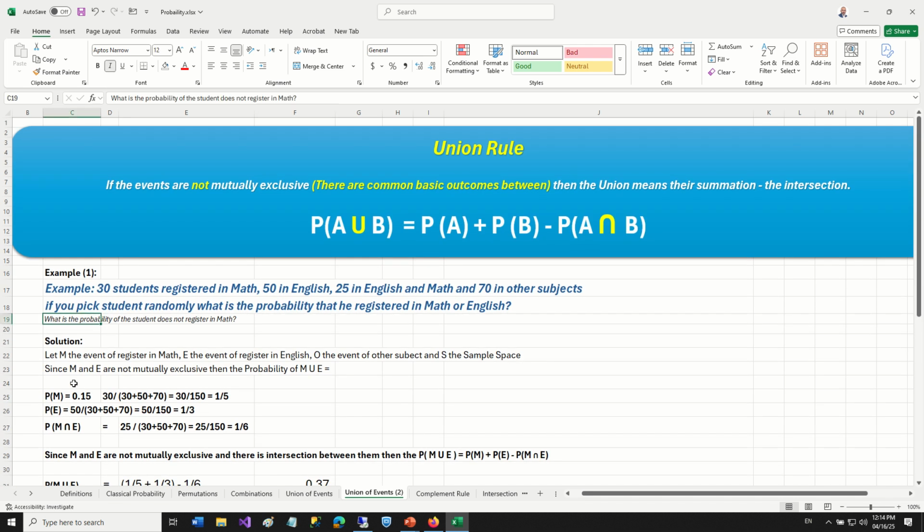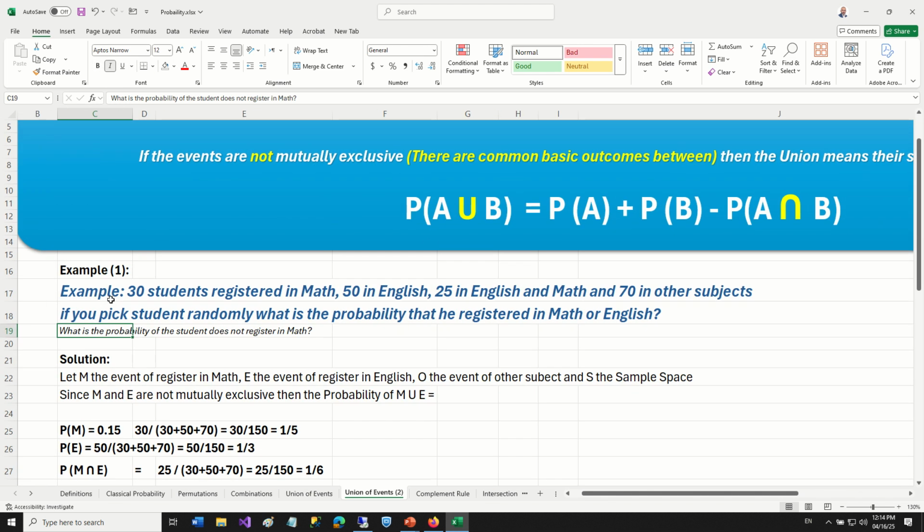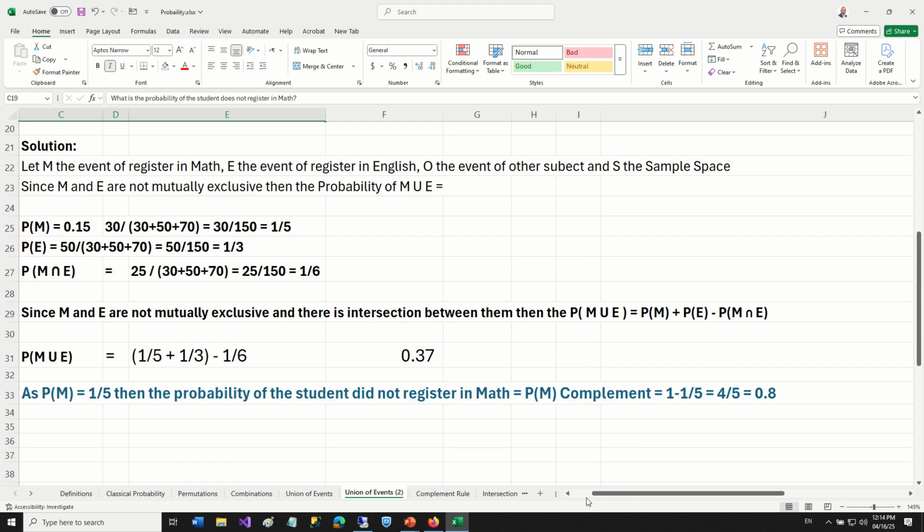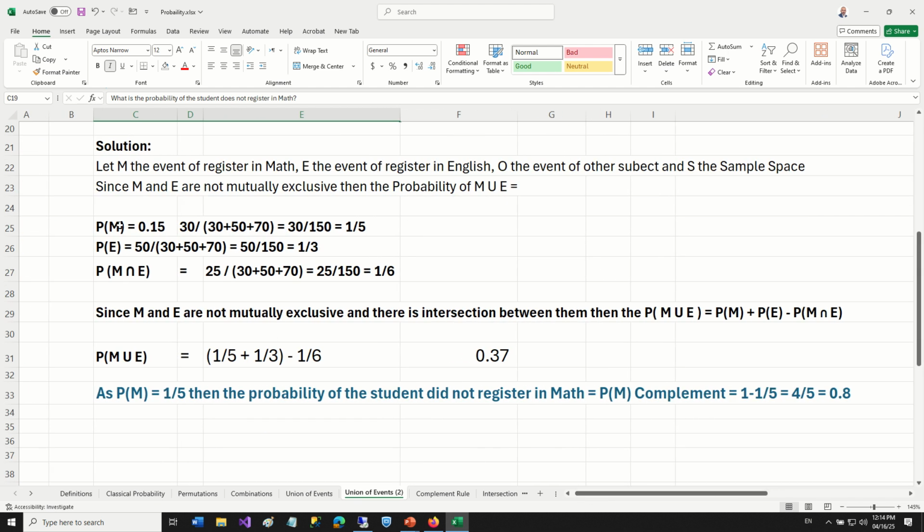The other part of the question: what is the probability of the student who does not register in math? If the probability of M, which is a student registered in math, is 0.15, which is 1 divided by 5, so